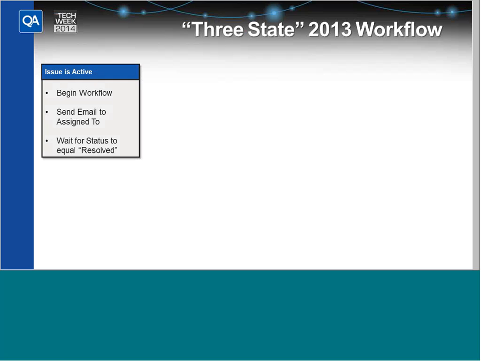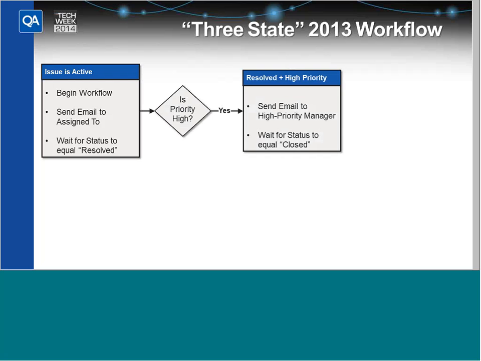And I'll initially look at how to begin my workflow, send a little email to somebody to tell them they've got their workflow organized. Then I'll wait around for somebody to say, yes, I've resolved that workflow. Once that's done, I'm going to check whether the workflow has a high or low priority. Now, if it's got a high priority, I'll send that to a particular manager who needs to look at closing these high priority items. So I'll let him understand that through an email,